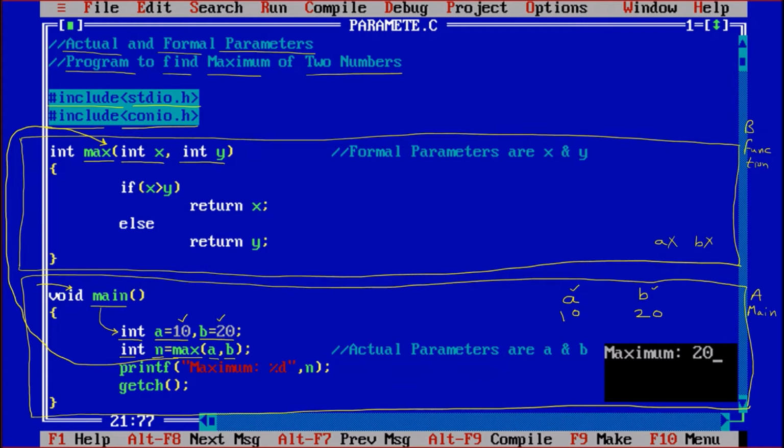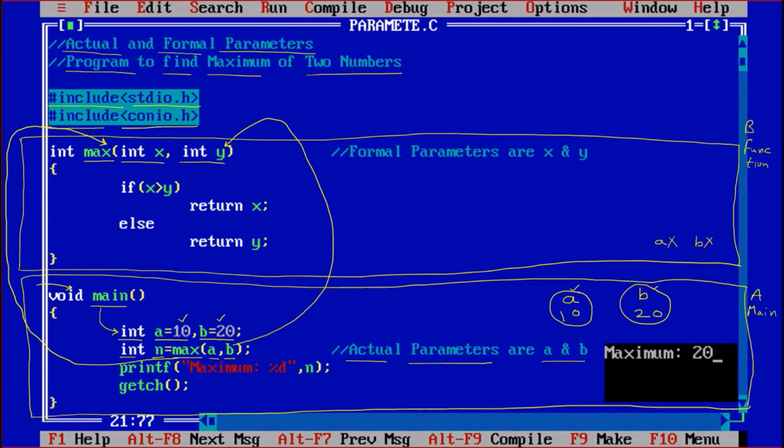Those arguments which are used in calling a function are called the actual parameters. So a and b are the actual parameters, and their values are 10 and 20. Now they are giving their values to the parameters above, like b is giving its value to y.